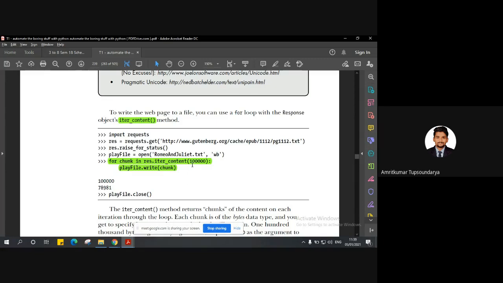And once we have this much chunk of data content copied, we are going to simply write that content into this text document, which is nothing but playFile.write(chunk). So once the data is written, we are going to close the file. So this will go on till